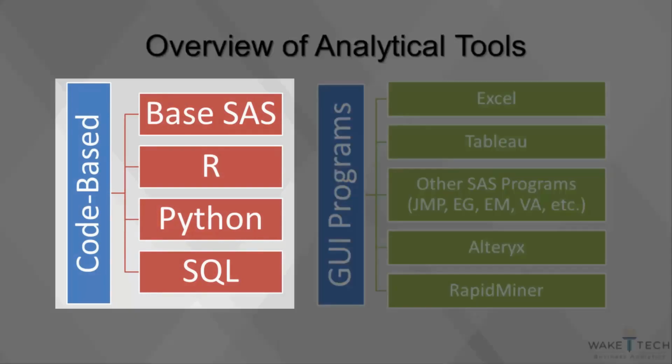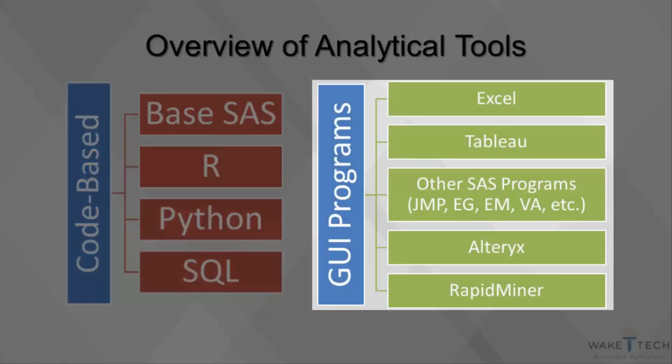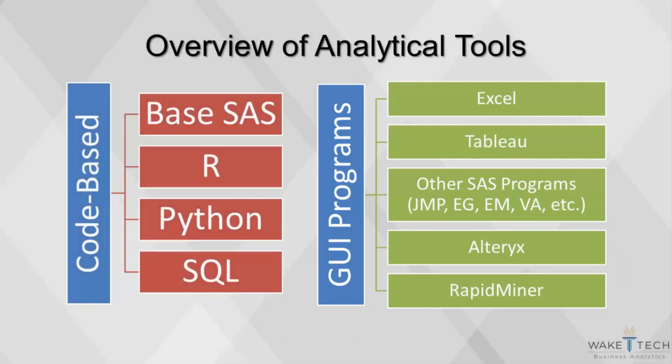The main benefit of writing code is that it allows for more flexibility. There are more features, and it allows for more possibilities. The drawback of coding is the extended learning curve. Within the last decade, there have been many new GUI programs that make analytics easier to implement without the need for writing code. Programs such as Tableau, Alteryx, and RapidMiner have started gaining market share, going along with older tools such as SAS Enterprise Guide. But none of these tools have yet to replace the overwhelming popularity of code-based software such as SAS, R, Python, or SQL.